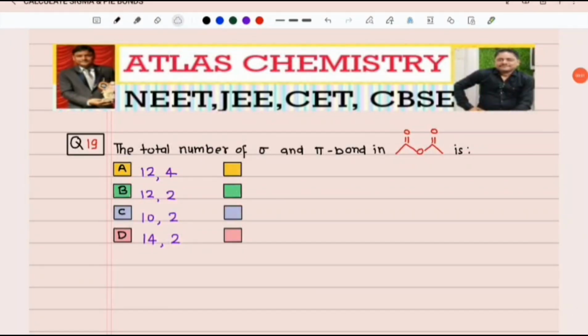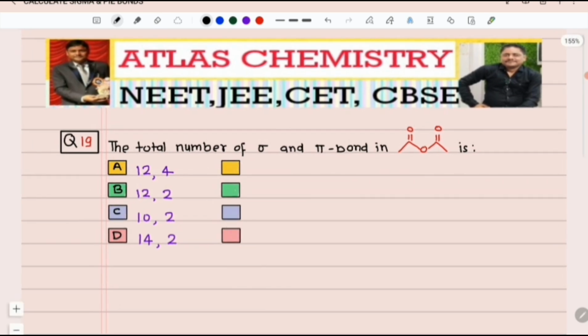Question number 9 says that the total number of sigma bond and pi bonds in given compound is. The options are 12 sigma and 4 pi bonds, 12 sigma 2 pi bonds, 10 sigma 2 pi bonds, and 14 sigma 2 pi bonds. So first of all we have to write the structure of this compound. If we count the number of carbons, here it is separated by an oxygen atom, and there is 1 and 2 carbon, and this side there is 1 and 2 carbon. So there are 2 carbons on each side,